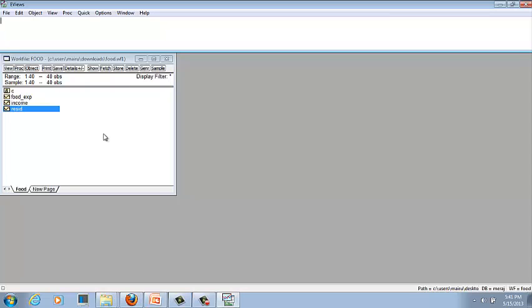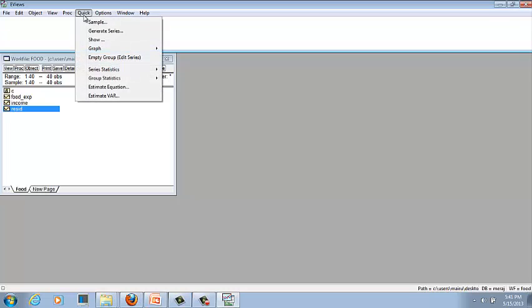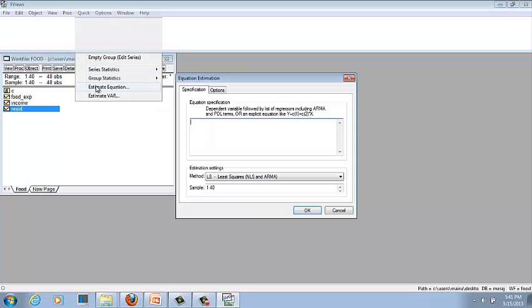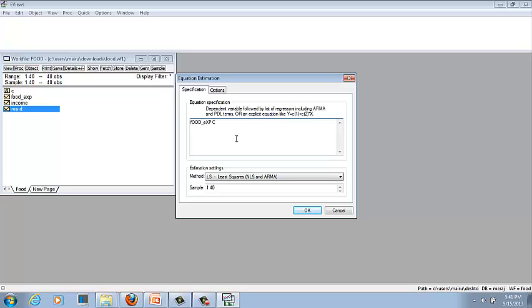We can directly do this by typing the syntax, or we can use the quick menu, estimate equation, and then write your regression relationship: food expenditure, then C for intercept, and then income. Now I'll just click OK, and the regression will run.